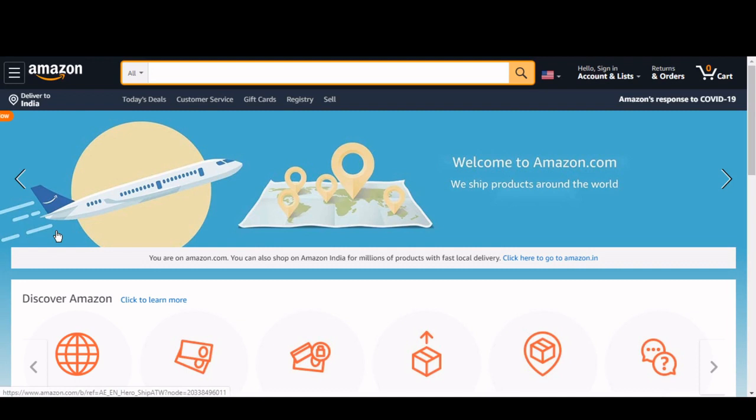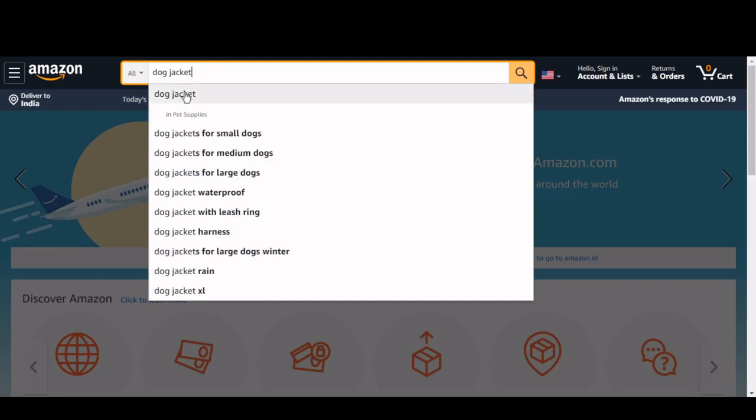So guys, the first method will be searching on the Amazon search bar, guys. So as you can see here, I typed some random word, dog. So guys, I type dog jacket. For example, if the product that you are selling is a dog jacket, then I type dog jacket, and here Amazon shows you the results that people are searching for. So people are searching for small dogs, medium dogs, large dogs, waterproof with leash ring harness, for large dogs winter